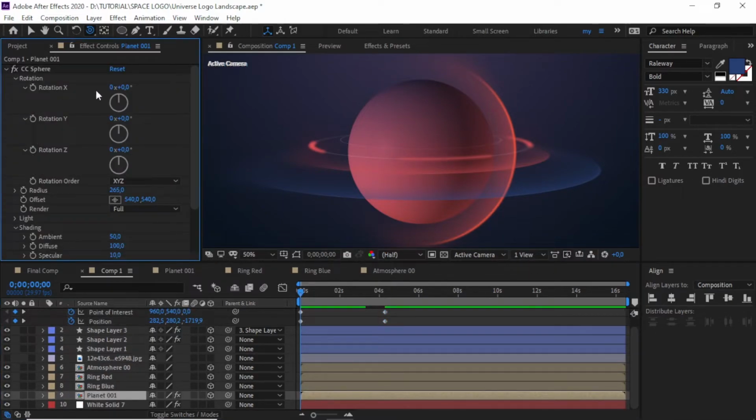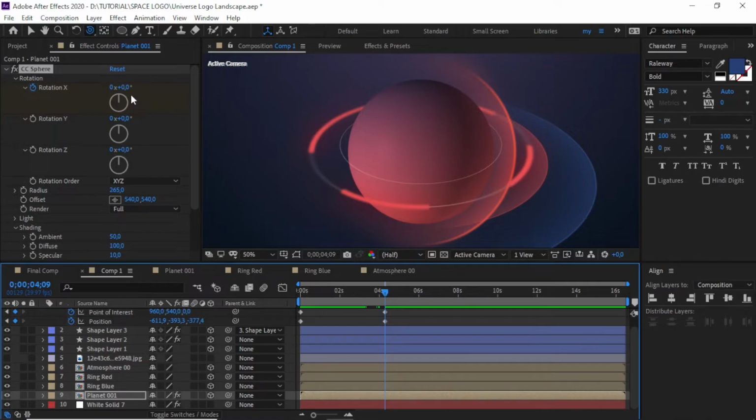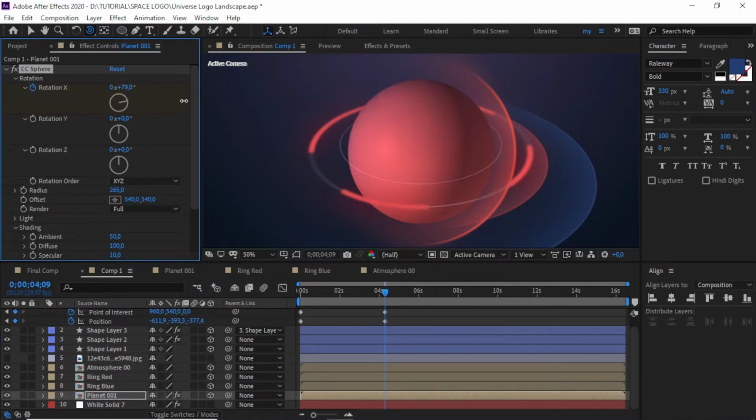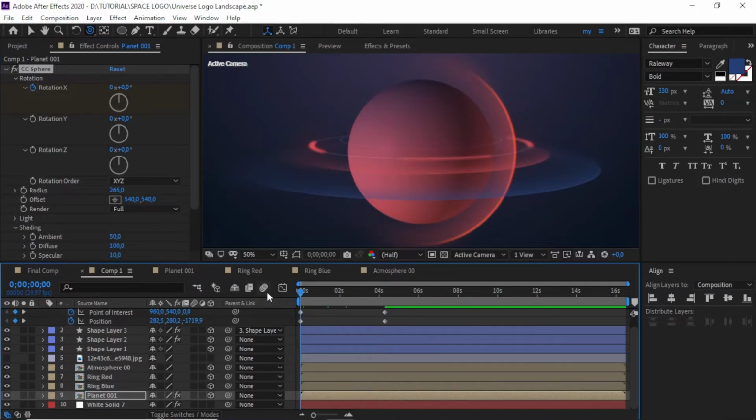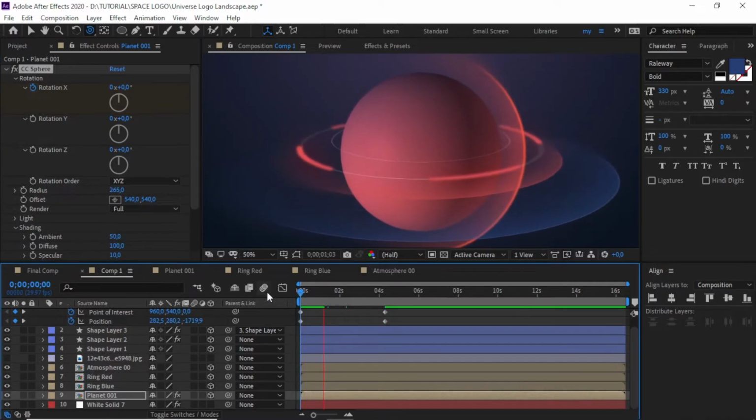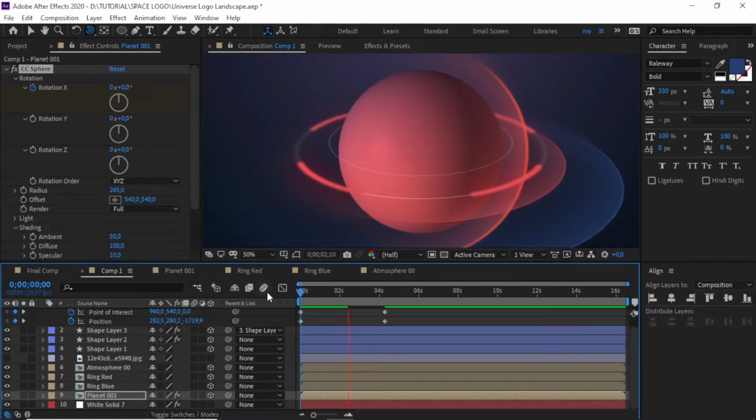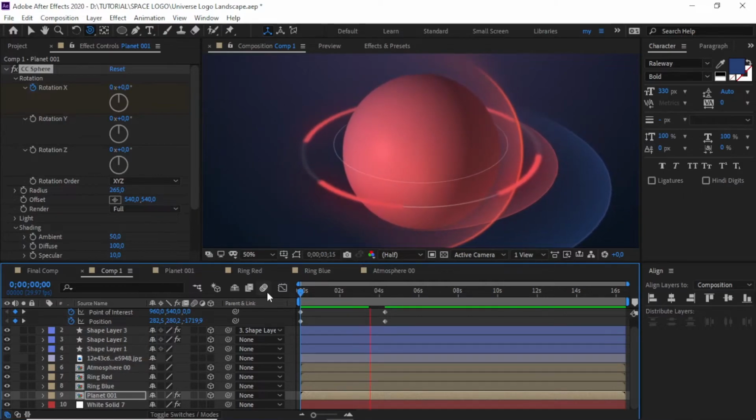We can choose the X or Z or Y. For example, I use the X like this. Okay, as you can see, it's way better and looks like the planet interacts with our camera.